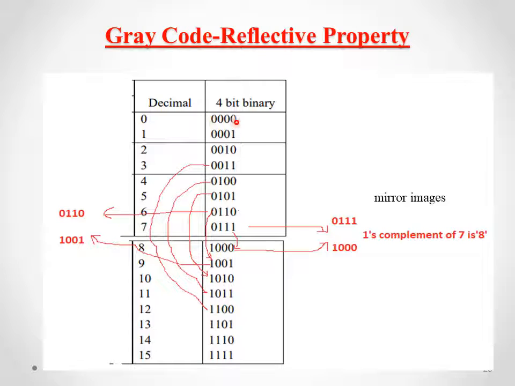That is, this is binary 0, the next bit is 1. These two differ by a single bit. Similarly, 1 and 2 differ by a single bit. Same way 3 and 4 differ by a single bit. So here changing from one bit to another is very easy, so the possibility of error occurrence is very less if you are using the gray code.